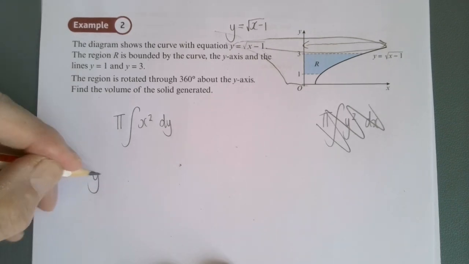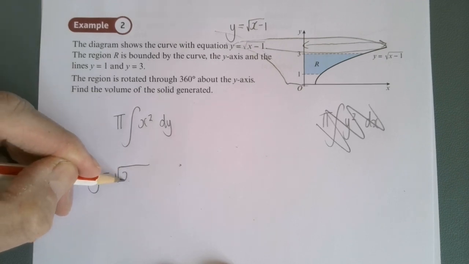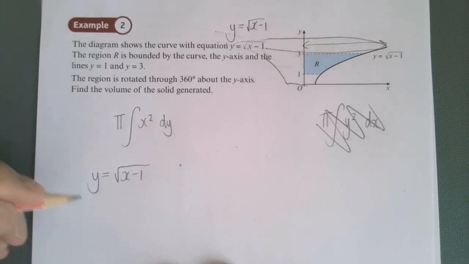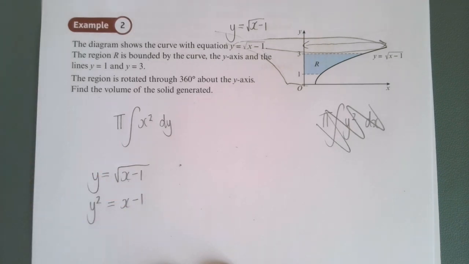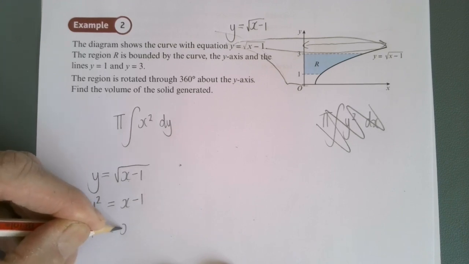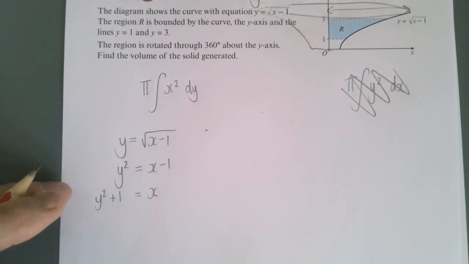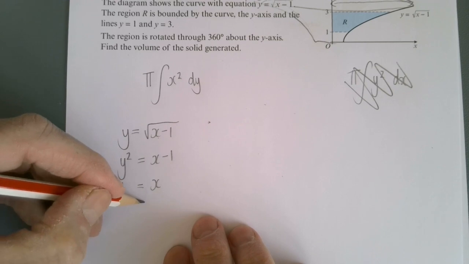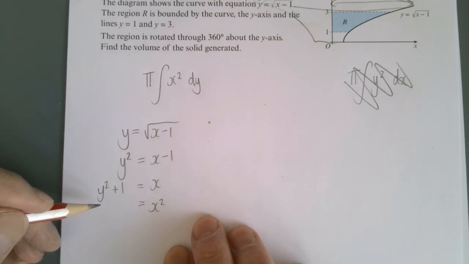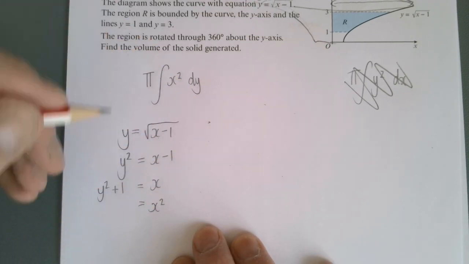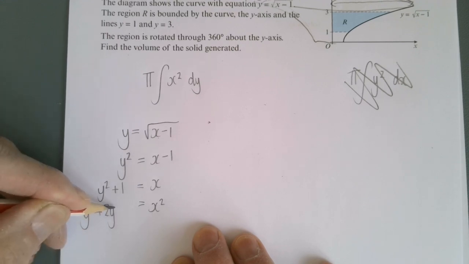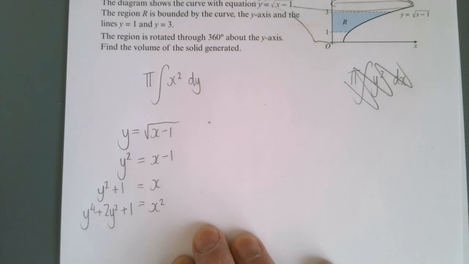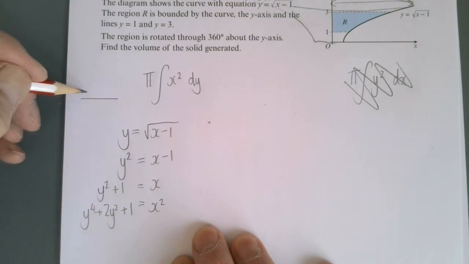So y equals the square root x minus 1, square both sides, add 1 to both sides, and then square both sides. So that's going to be y to the power of 4 plus 2y squared plus 1. If you grid that out, so yeah, so that's